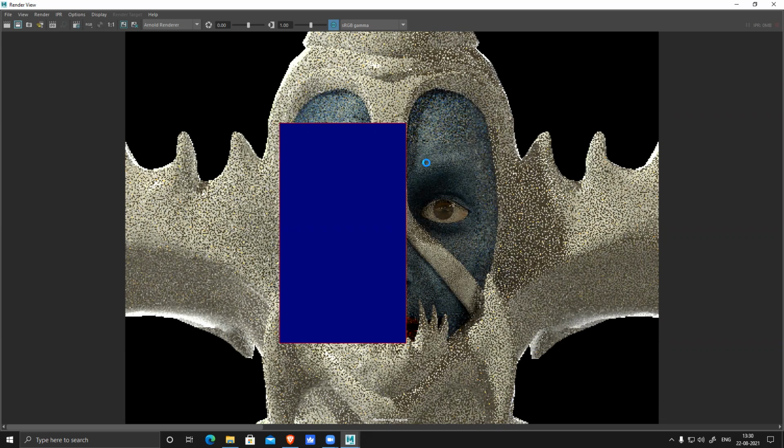Similarly, I'll export the displacement map for the horn also, because it has a lot of details. Then I'll render it. I'll do the same process, check everything and fix it.